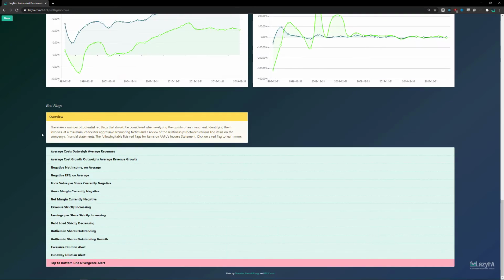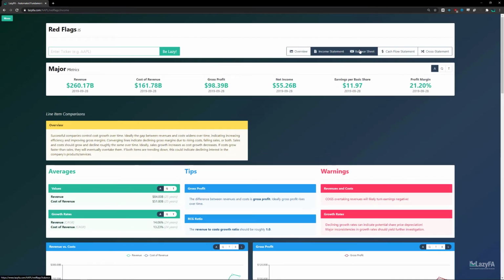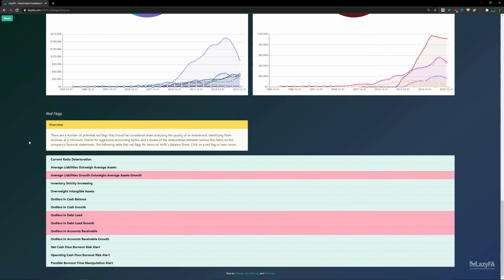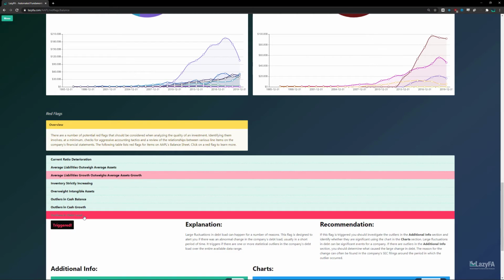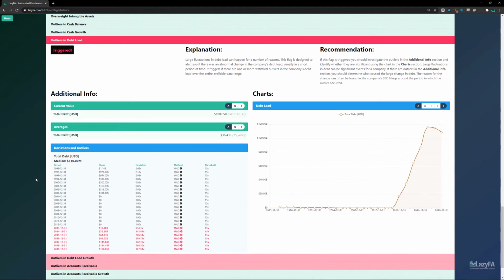So let's look at a few red flags on the balance sheet. If LazyFA has identified a red flag on that particular financial statement, it will show up as highlighted in red here at the bottom in the red flag section. And to investigate why it was triggered, you can click on it and it will have a whole bunch more information. So in this case, we're looking at a red flag called outliers in debt load, and this was triggered